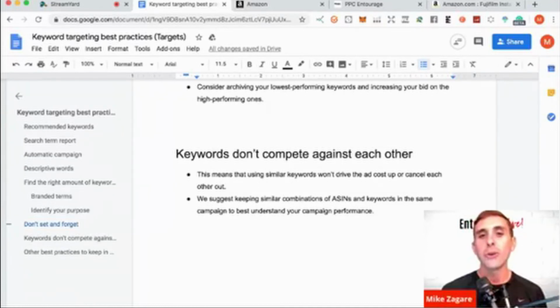All right, so there used to be this idea that if you had a keyword in one campaign and then it was in like 2 or 3 other campaigns, that they would compete against each other. Well, that straight from the horse's mouth is not true. That doesn't happen. What Amazon recommends doing is putting all those keywords, let's say you have a keyword in broad, phrase, and exact, in one campaign or separated by ad groups in one campaign. This way it's easier to just keep track of that keyword rather than having to look in 2 or 3 different places, but they will not compete against each other.